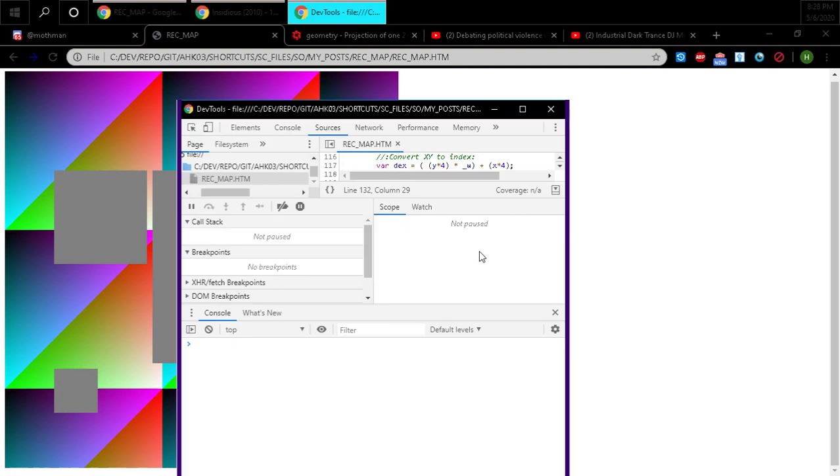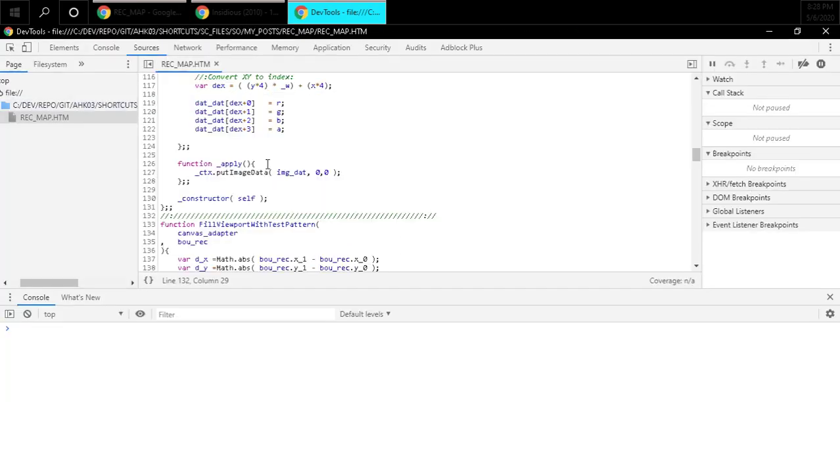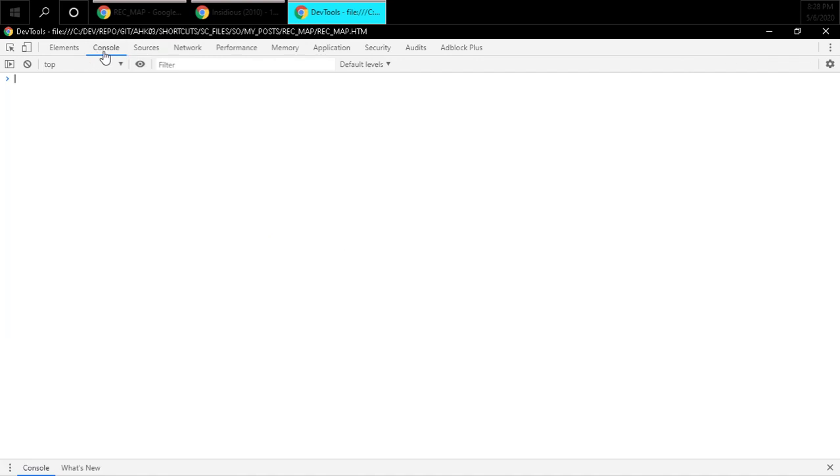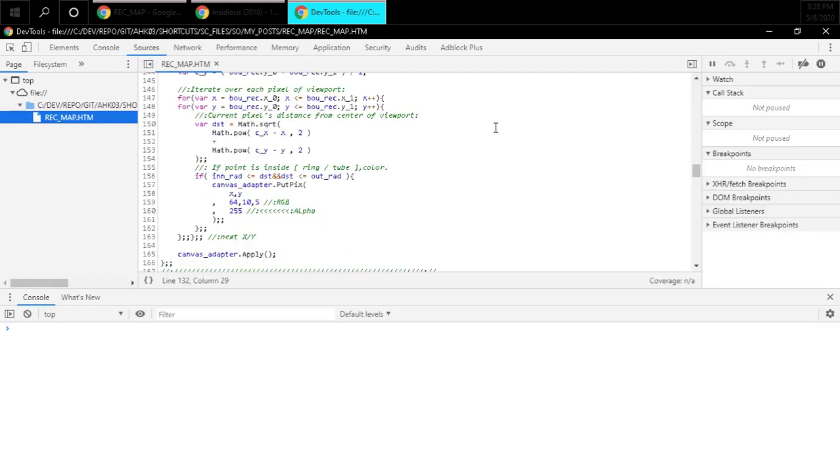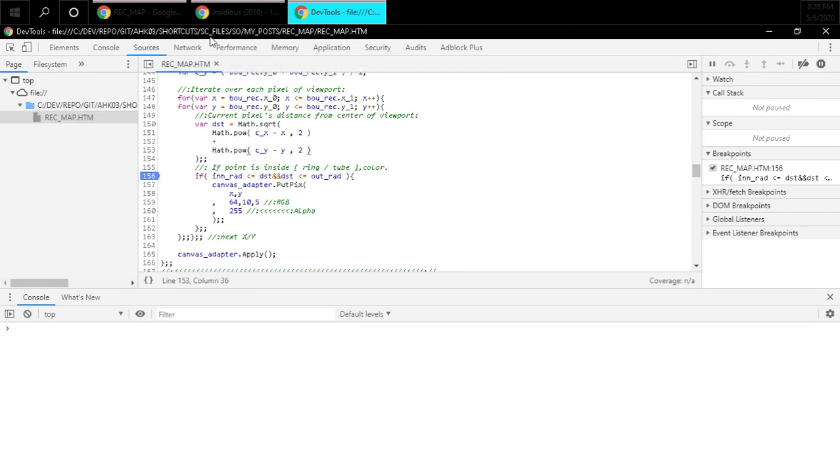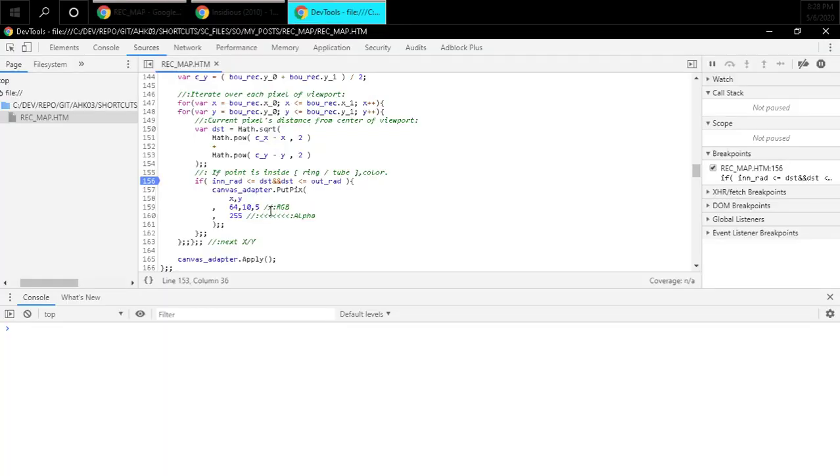So we got our canvas adapter and we have our rectangle package. So let's look at this code, figure out what we screwed up. The first thing I want to do is check out the debugger again, make sure that there's nothing wrong in sources, so it doesn't look like anything's going on wrong. I'm gonna put a little breakpoint at this check, and then I'm gonna empty cache, hard reload, and then I'm gonna go back to my dev tools,